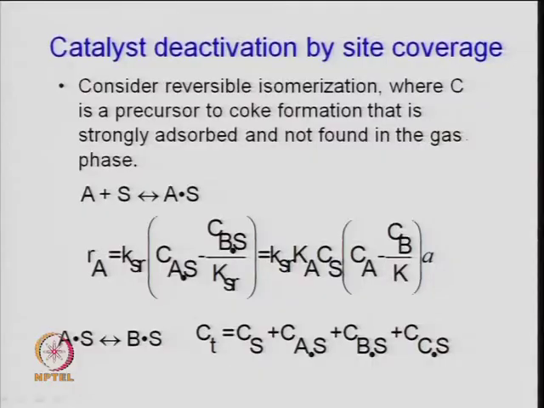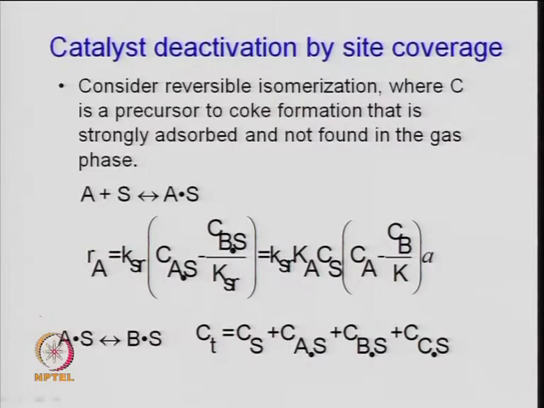Sometimes, as I said, the same coke formation, which I have written as Cc, is a function of the time on stream, t to the power n, or of the concentration of the precursor which tends to form coke, to the power n, which can sometimes be written as a function of the feedstock concentration itself. One can very easily do that and find out.